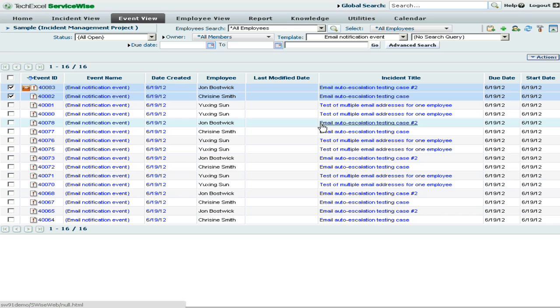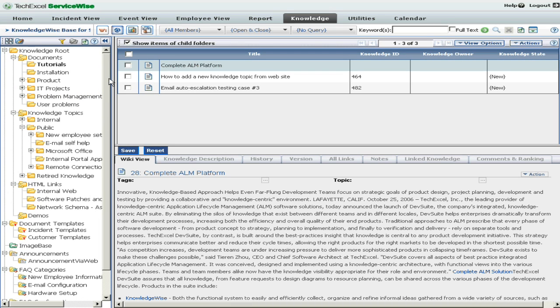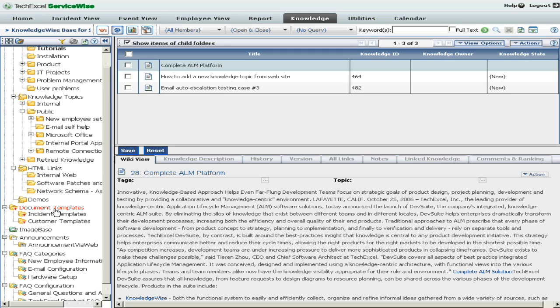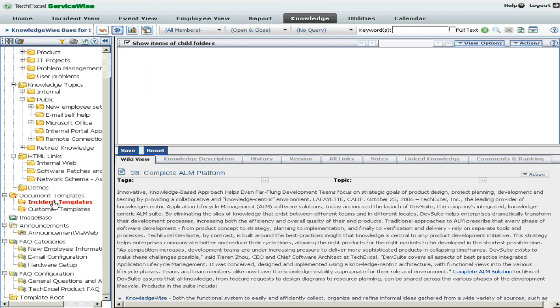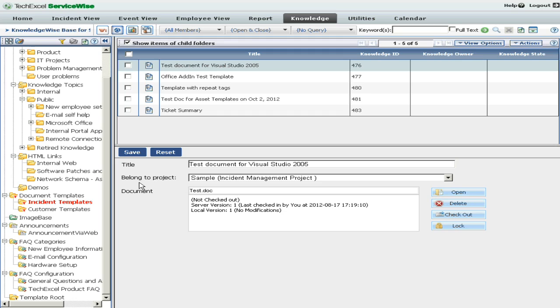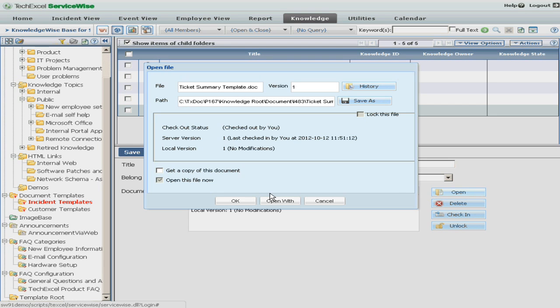But let me go ahead and demo the second feature here called Quick Print. As I said before, I will show you a 3-step procedure to accomplish this quick print. So in 9.1, we have this document templates folder under KnowledgeWise. If I click document templates, basically here you can create multiple document templates. For example, this ticket summary. If I open it,